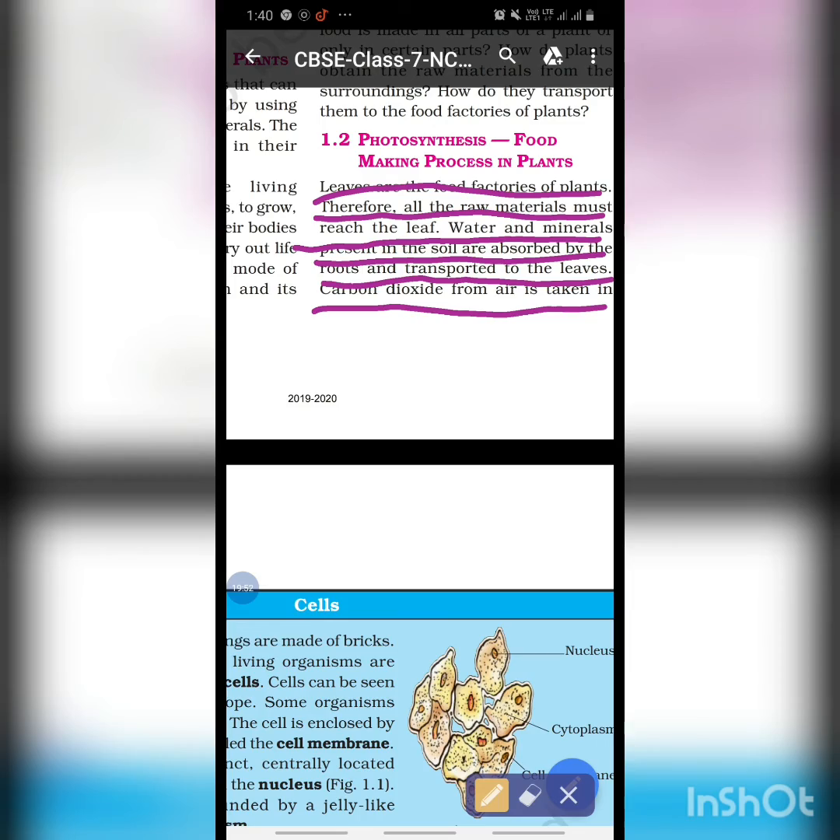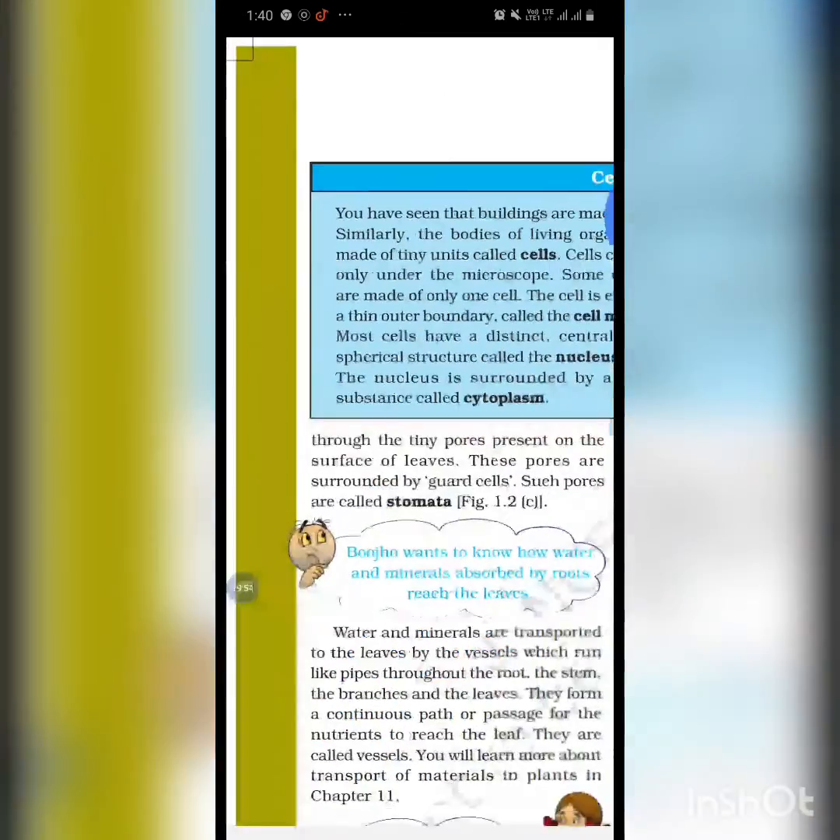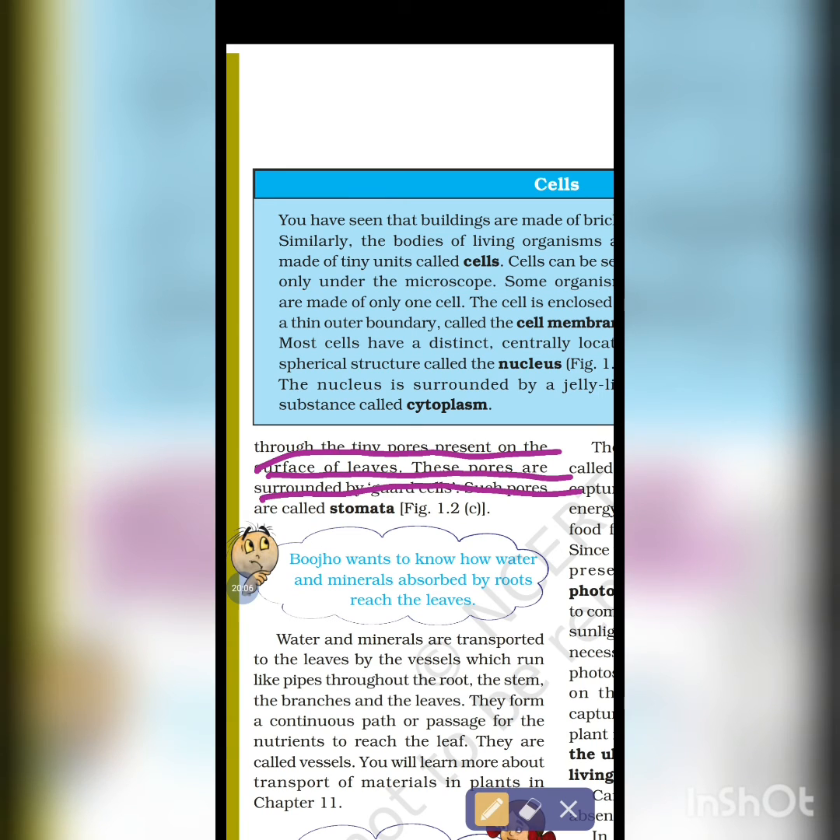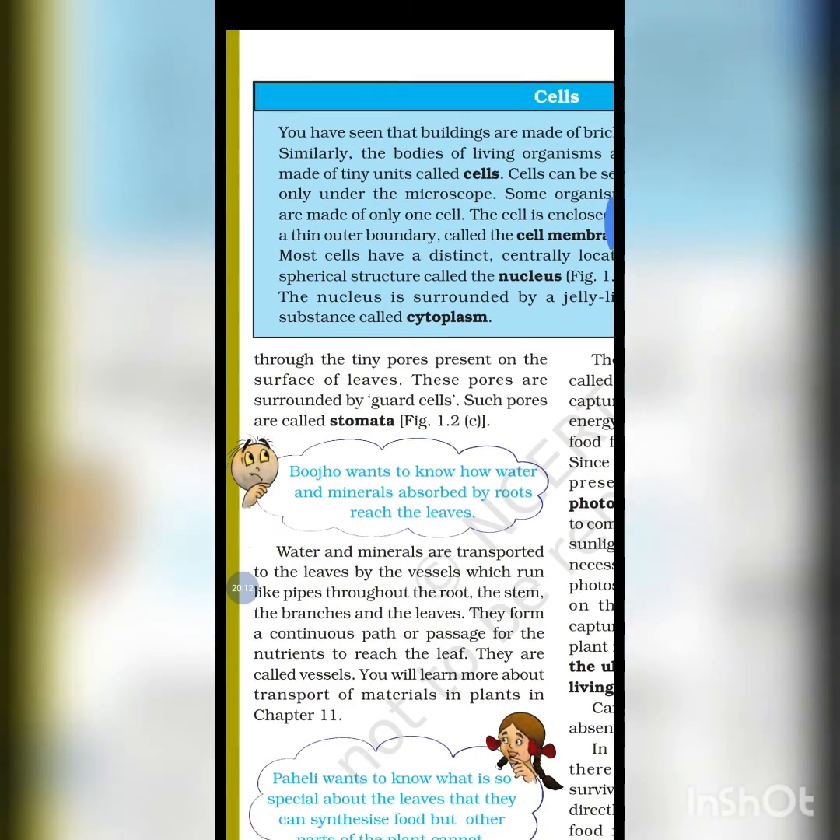Please mark this also, and from here we'll write: through the tiny pores present on the surface of leaves. These pores are surrounded by guard cells. Such pores are called stomata. Mark this also, and next it will be